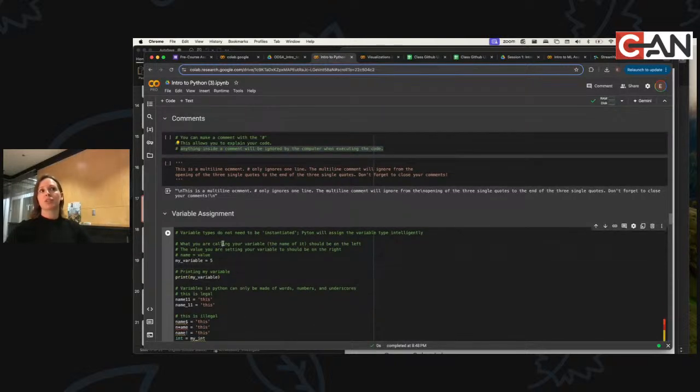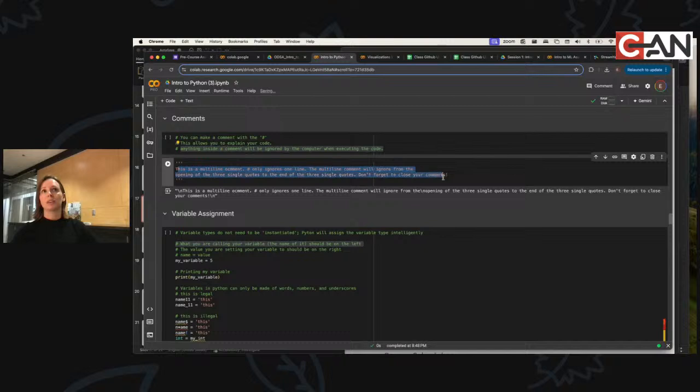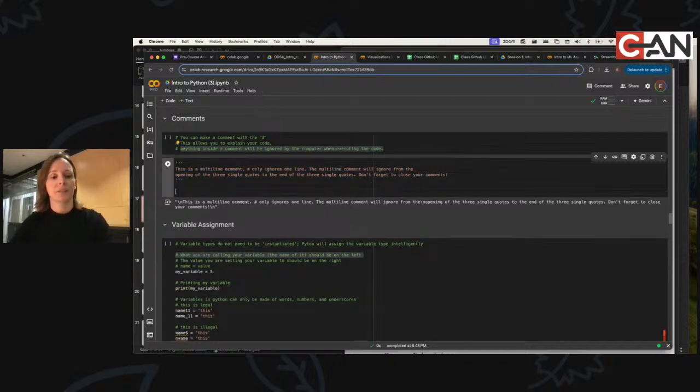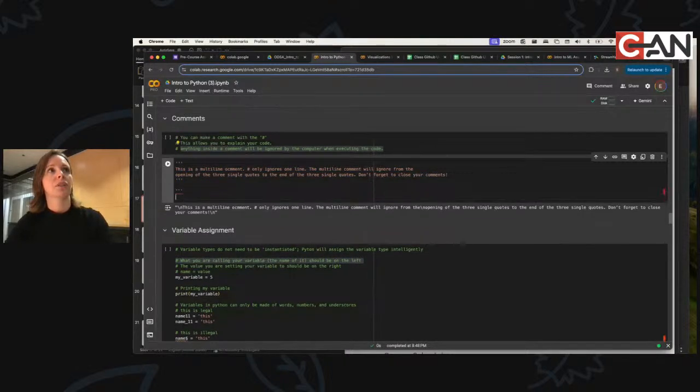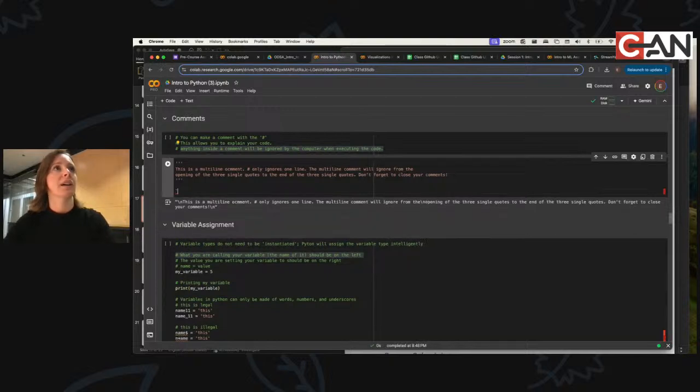These are called single line comments. This one is called a multi-line comment. If you have to write a really long comment and you don't want to keep putting a hashtag every single time you start a new line, then you can do a multi-line comment. That is everything between these two things. So we start this, and we can close it. Oops, not that kind.